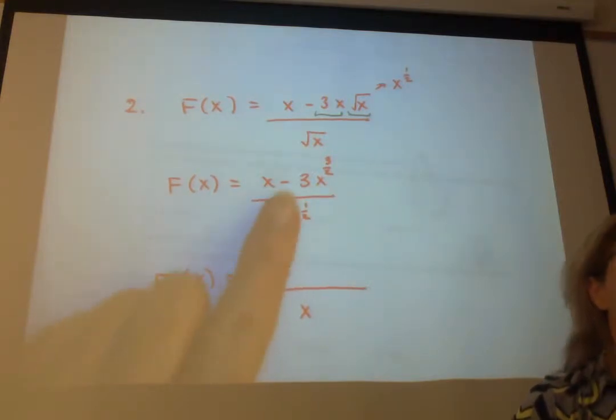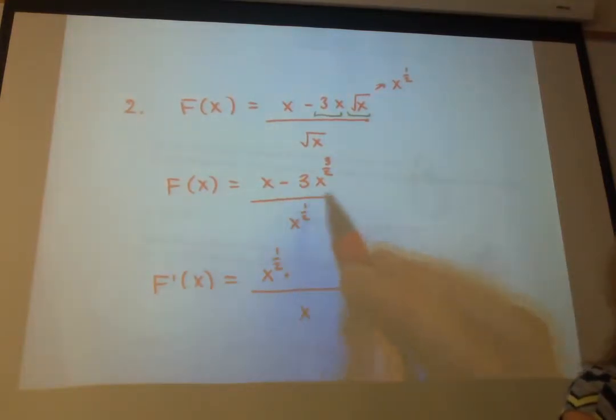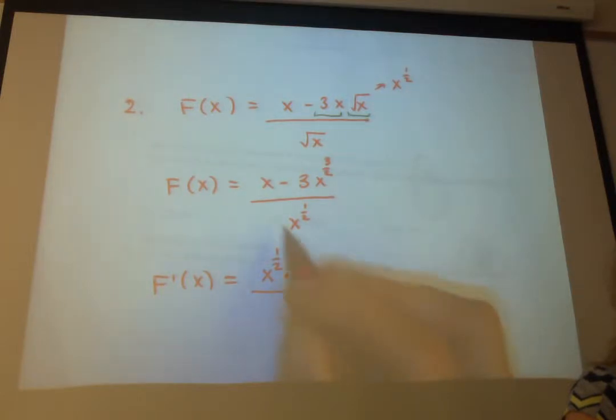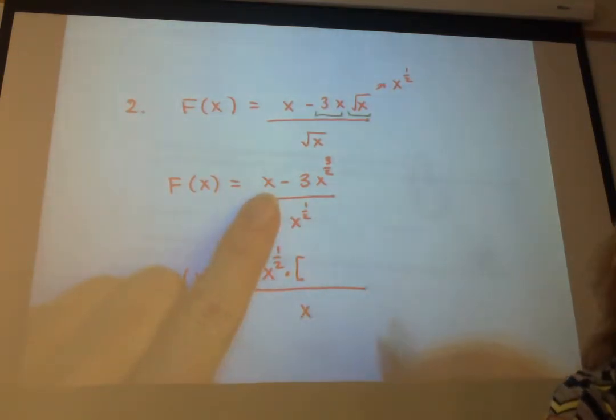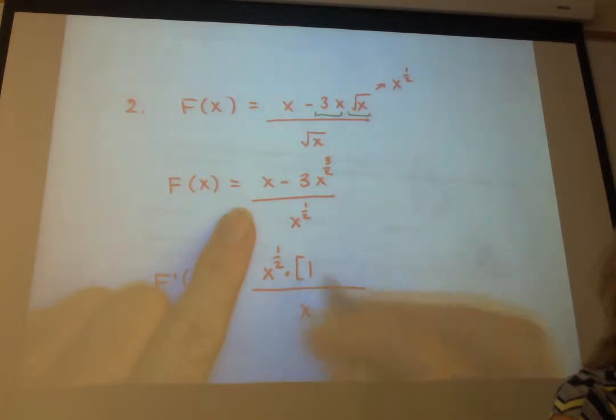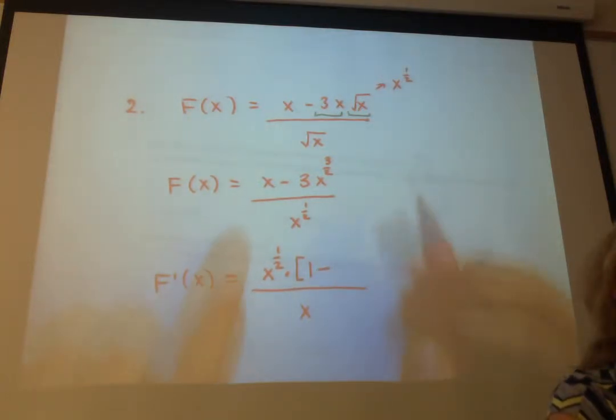So how about, Gabby, what would be the derivative of this numerator? So derivative of x, 1, good, minus,